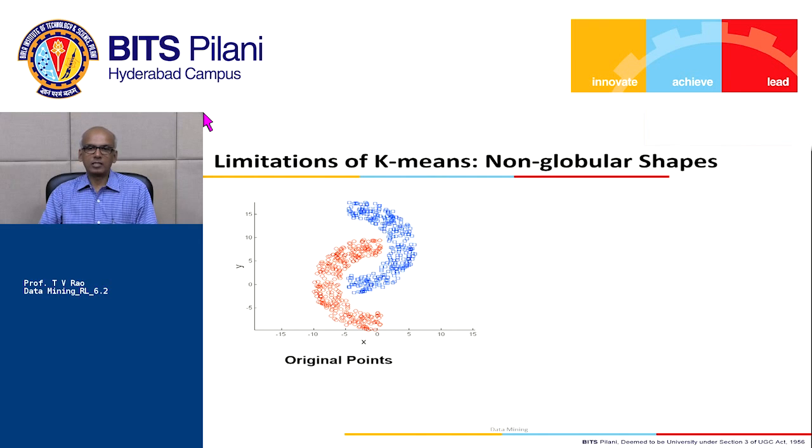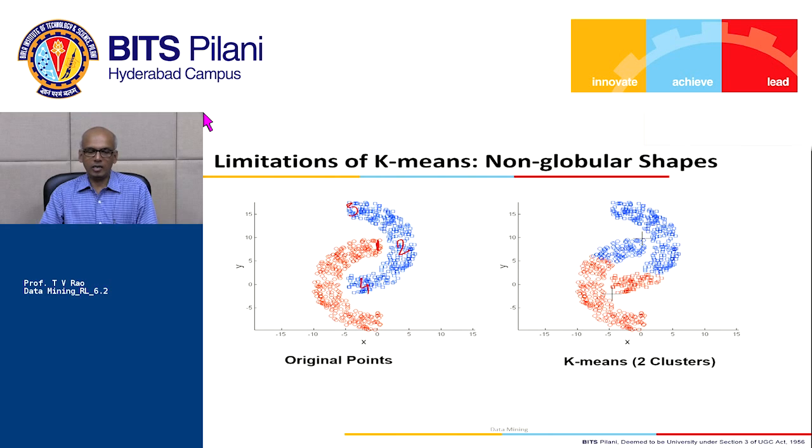And the k-means cluster, since it always goes by the distance measure, has a challenge with finding the contiguity. For example, here we see two natural clusters based on the contiguity, but when we are doing a distance measure, we clearly see that the 0.1 and 0.2 will have a very low distance compared to 0.3, 0.4, which belong to the same natural cluster. 0.3, 0.4 belong to the same natural cluster, but they have a very large distance. So in this case, the k-means algorithm is going to be confused, so it is going to create clustering of